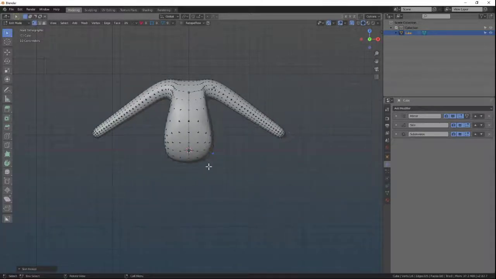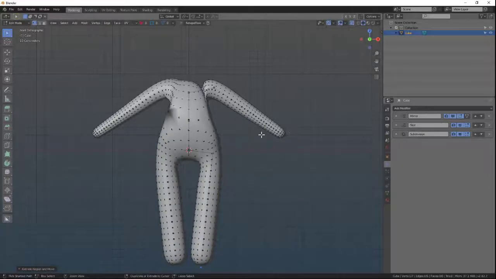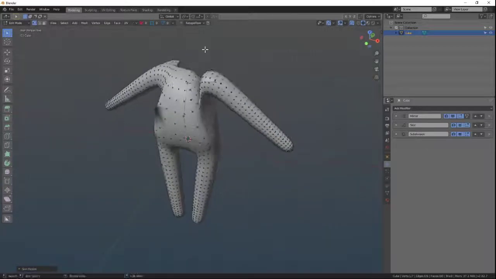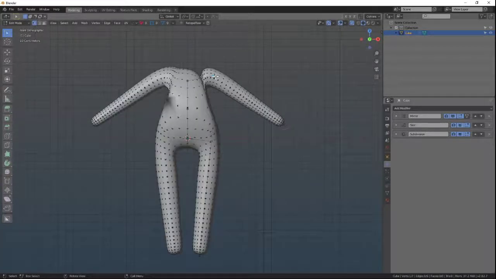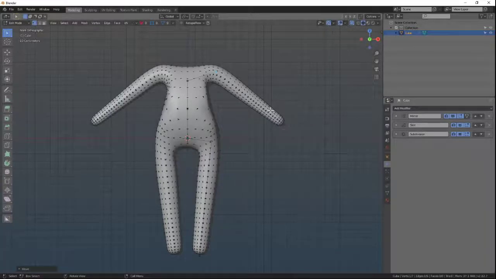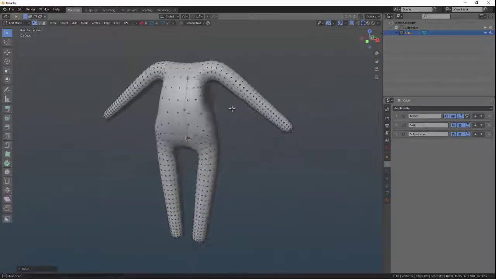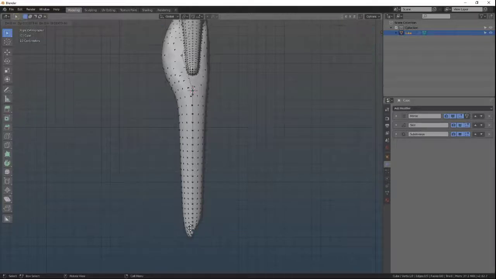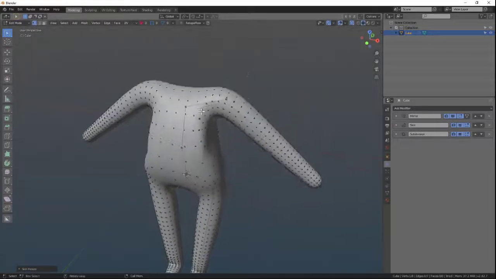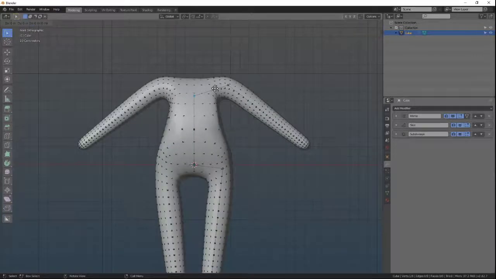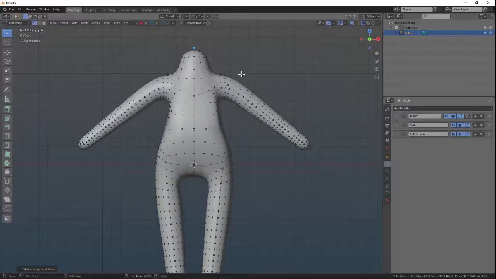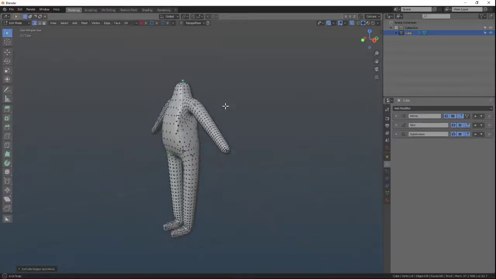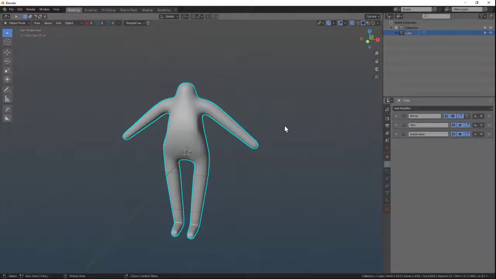Oops. Again, E, I can start to establish the legs. You can see there's again something funny happening over here with the shoulders now, but usually if you just push things around a little bit, it kind of fixes that, okay? Again, we'll just quickly block out the basic forms. E, pull forward in the Y-axis, now just hit Y so that it just moves forward. Again, go back up here. E to extrude, Z to pull up, and so on. Okay. So once you establish all those things, fingers, toes as needed,